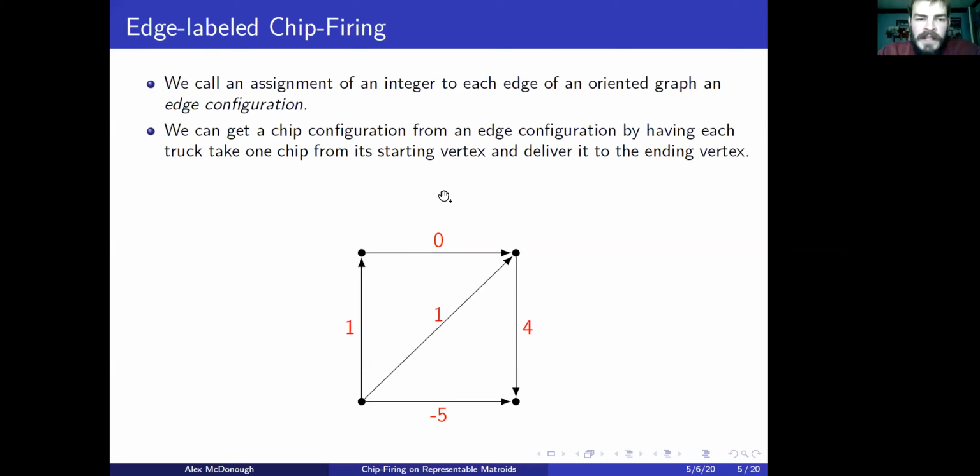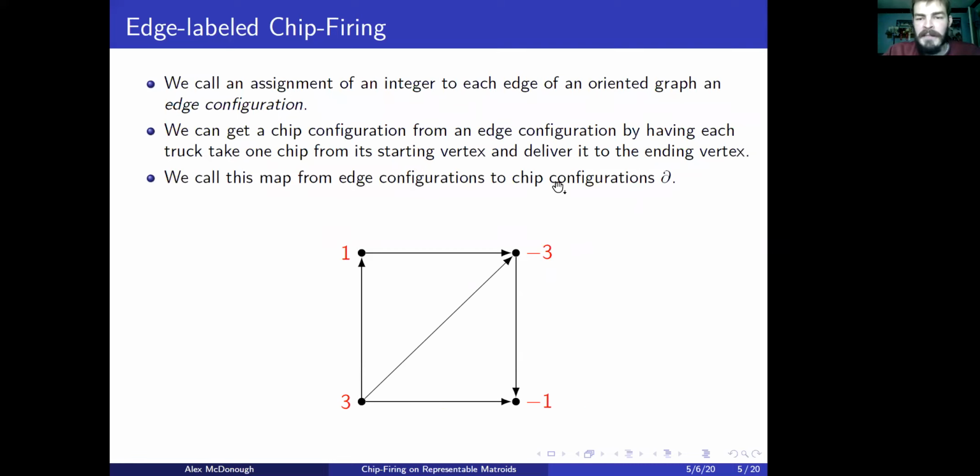And we can get from an edge configuration to a chip configuration by having each truck take 1 chip from its starting vertex and deliver it to the ending vertex. So in this example, this truck is going to take 1 chip from here and deliver it over here, and then nothing's happening on this edge. So this vertex is going to get a 1 on it. And then this vertex has 4 chips leaving and 1 chip coming in, so it's going to get a -3 on it. And if we do this, we can call this map del, the boundary map